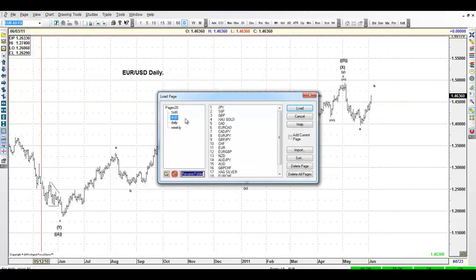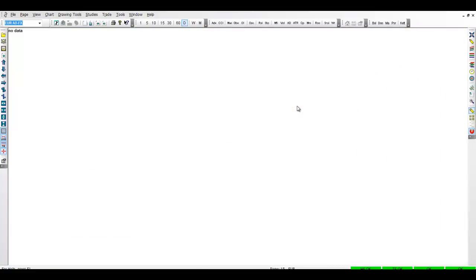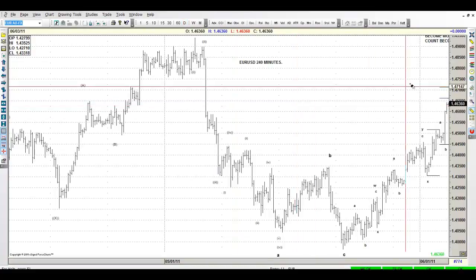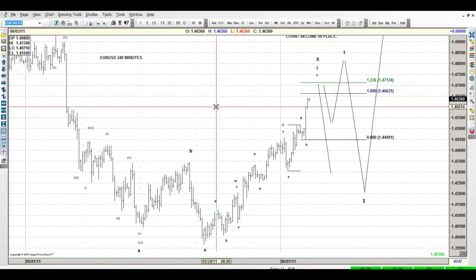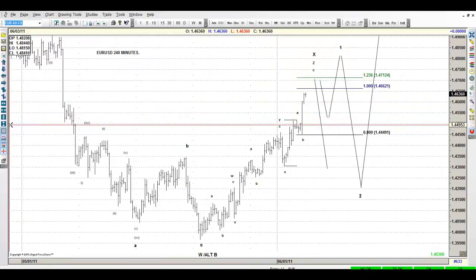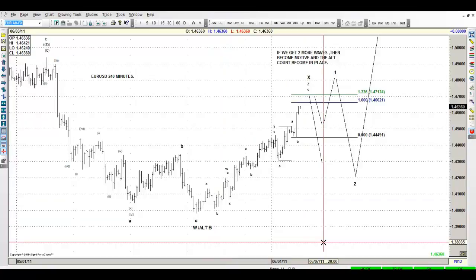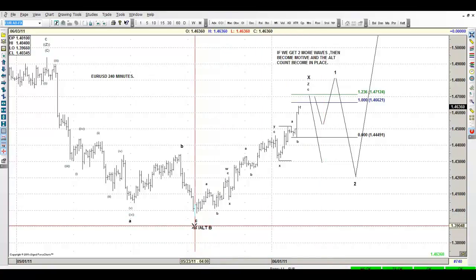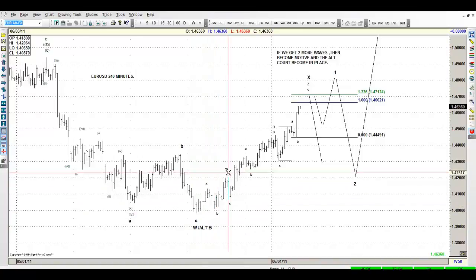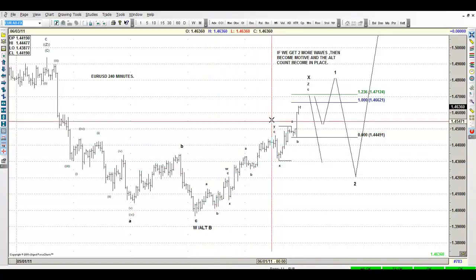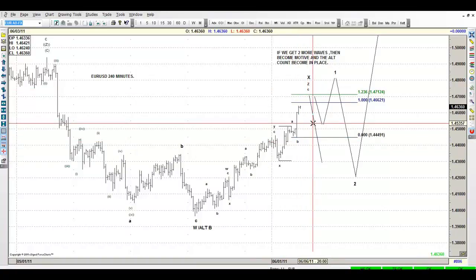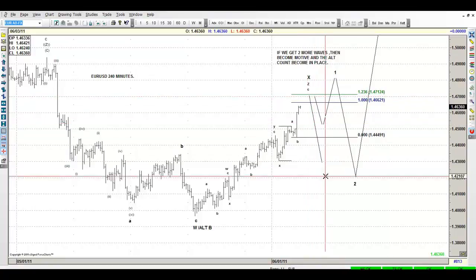Let me show you now the euro in the short term. Let's say the euro in the 4 hour. Take a look at the euro in the 4 hour, we are playing with these two scenarios. The first one, which is the bearish one, the one that's going to take the euro to lower prices. This is W, and then you got ABC, WS, ABC, WS, ABC to around either 144, 146.62, 147.12, and then the euro is going to drop.